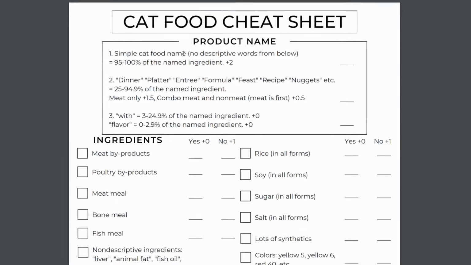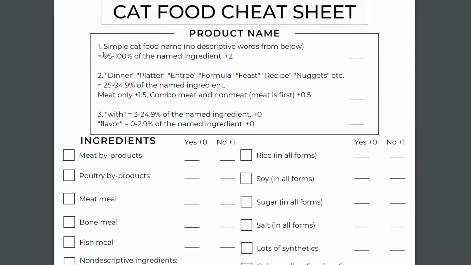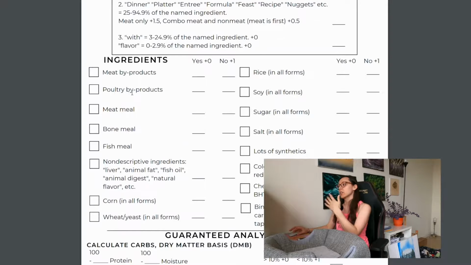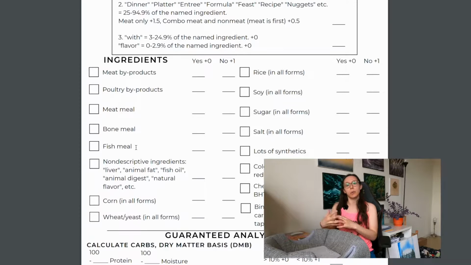You want an easier way to review cat food, I completely understand, so I created a free cat food label cheat sheet pamphlet by Jericho. These will have the most meat. It's better to see that than chicken and potato or beef and rice, for example. Meat byproducts, poultry byproducts, meat meal, bone meal, fish meal. These are all very nondescript and they could possibly be rendered ingredients which might contain 4D meats: dead, diseased, dying,